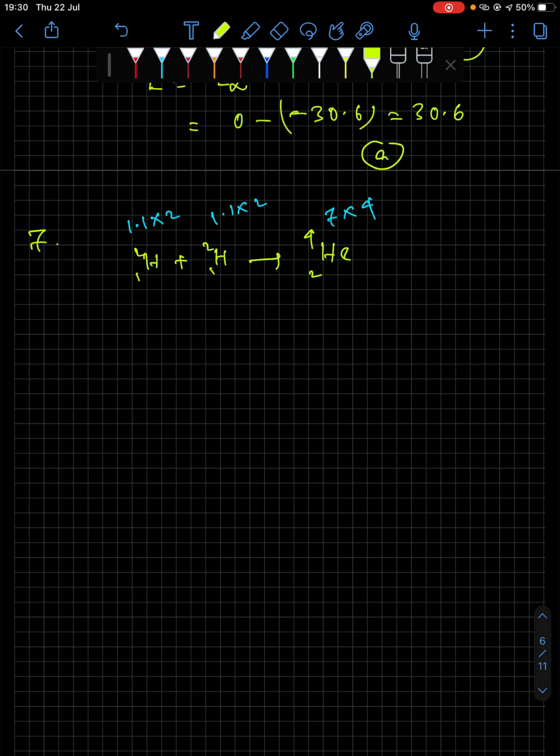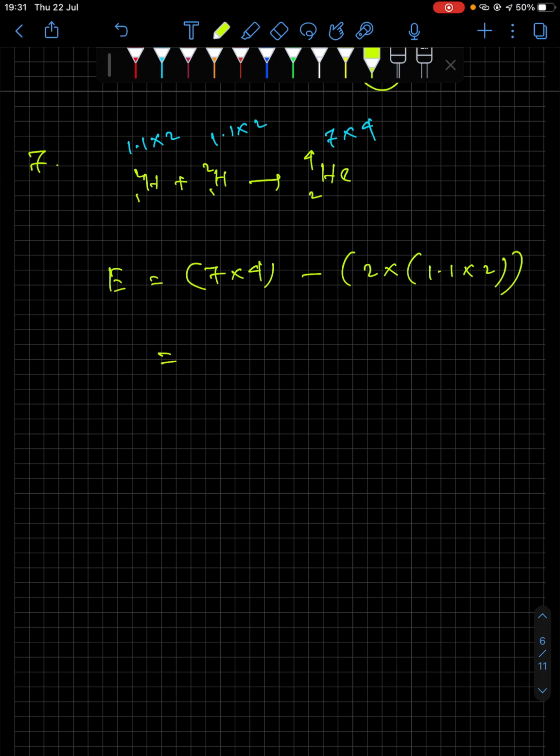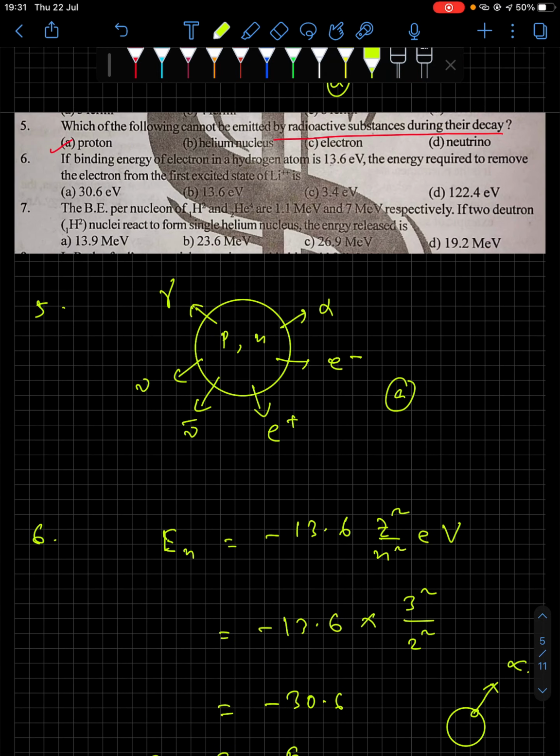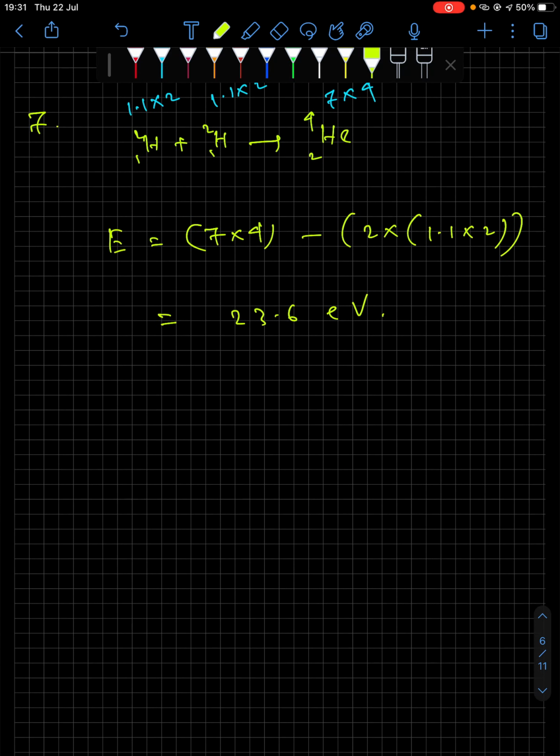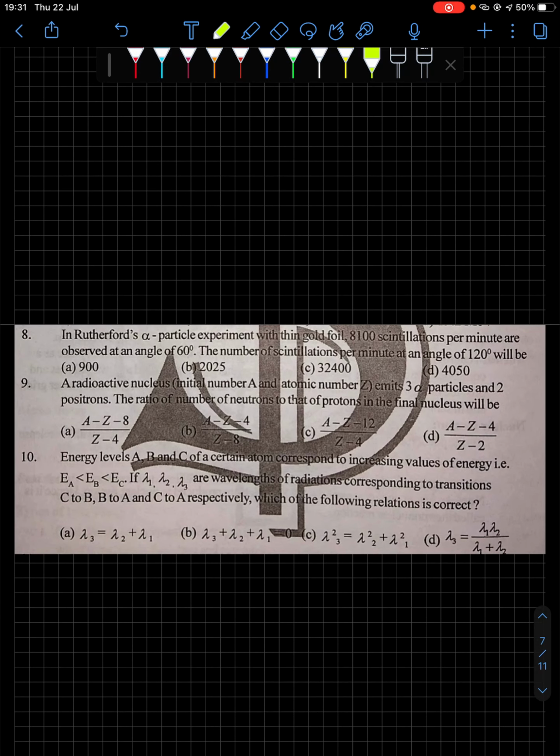Now as we discussed this before, that binding energy of daughter is always greater, right? Therefore 7 into 4 daughter binding energy minus parent binding energy. Yes, 2 into 1.1 into 2. So this will get you 23.6. Okay, just check the calculation. So the answer is option number B. Next question,